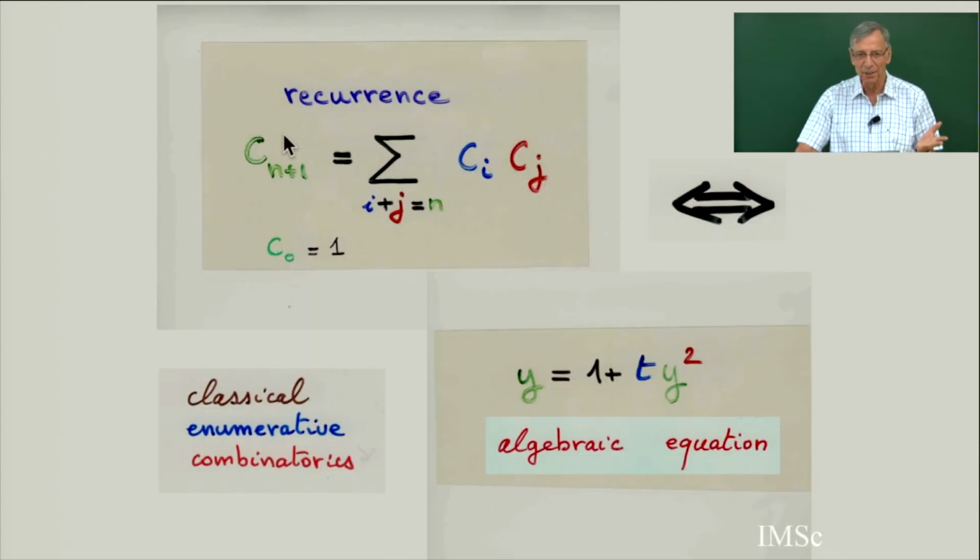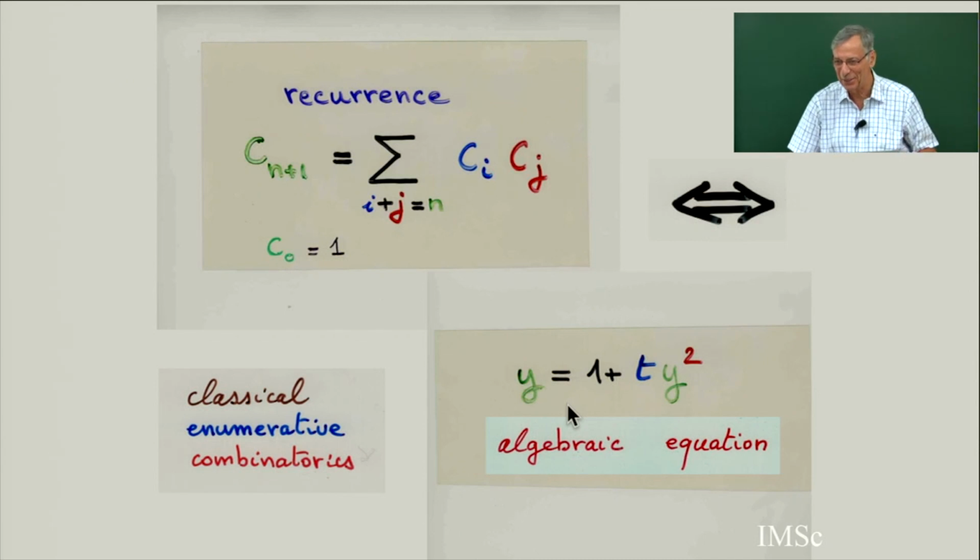Usually for Catalan numbers, from the definition of binary tree, any binary tree can be defined by a pair, a left subtree and a right subtree. The total number of vertices of these two trees is n, and n plus 1 because you have to add the root. So it's a very classical recurrence relation, starting with C0 equal to 1. If you know what a generating function is, it's very classical that this recurrence relation on Catalan numbers is equivalent to this algebraic equation. But this is old-fashioned combinatorics. Now we don't do it anymore.